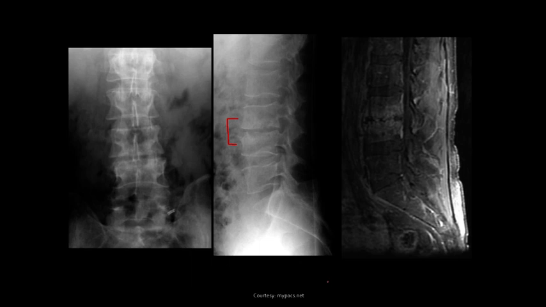So this is a pretty easy diagnosis of spondylodiscitis. It's affecting the spine, spondylo, disc, and it's inflammatory or infectious, itis. So they got the itis here, right? Spondylodiscitis at L3-4. We can see some of those changes here. They're not as easy to see on the frontal view. The biggest change we see is the loss of disc space